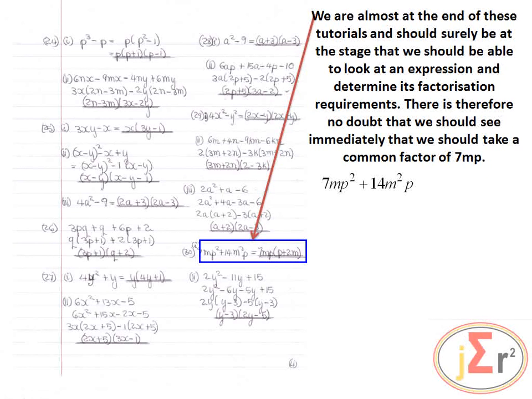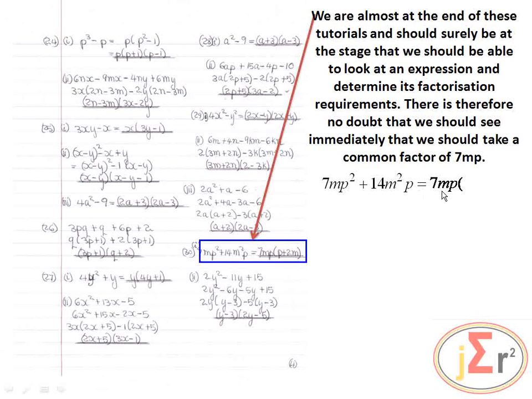We are almost at the end of these tutorials and should surely be at the stage that we should be able to look at an expression and determine its factorization requirements. There is therefore no doubt that we should see immediately that we should take a common factor of 7p. So take a common factor of 7p. 7p goes there. That is our highest common factor, because the largest number that can go into 7 and 14 is 7,